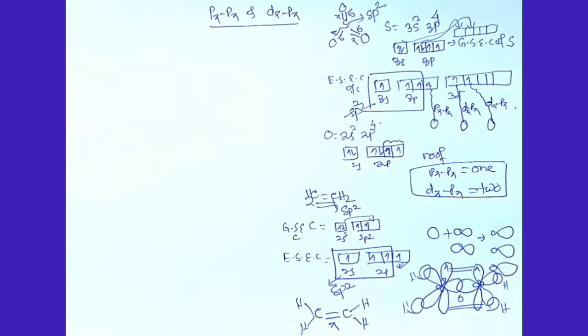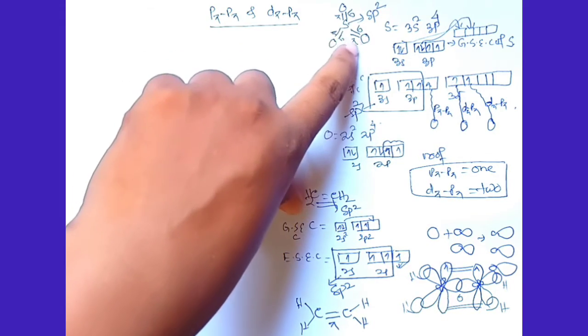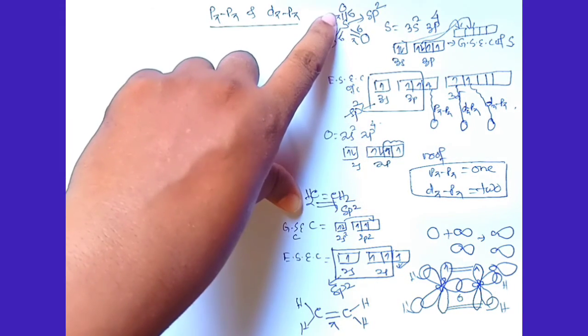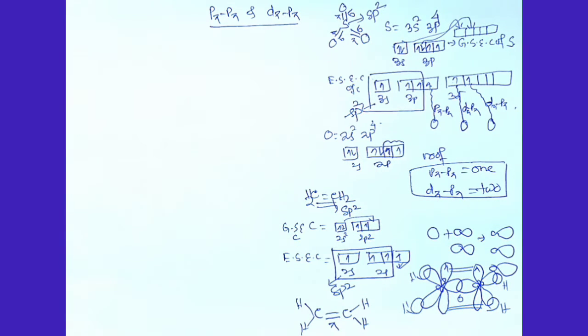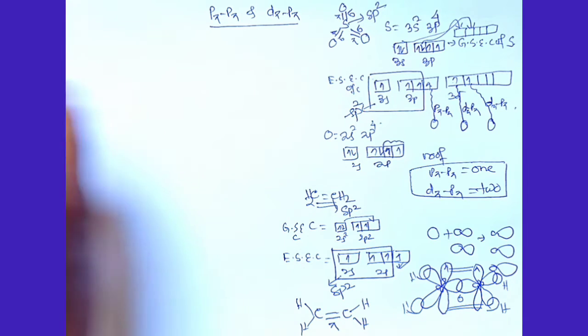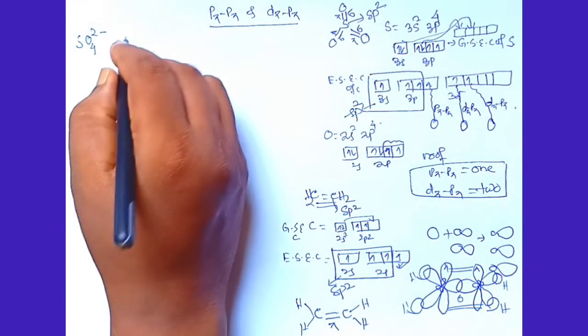So the concept here is that whenever a pi bond is formed, it is between the unhybridized orbitals of a given atom, and each contains 1 unpaired electron. This is the concept we have utilized here. Here 3 pi bonds form over sulfur with the oxygens, and these are 1 pπ-pπ and 2 dπ-pπ. Now we will extend the discussion towards the sulfate ion, SO4 2 minus.